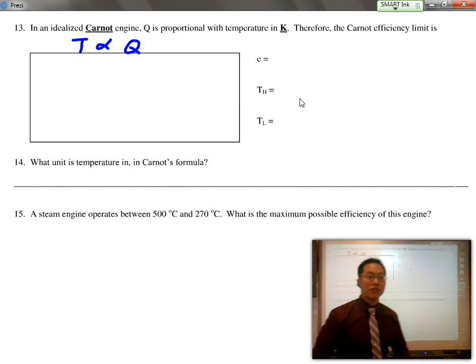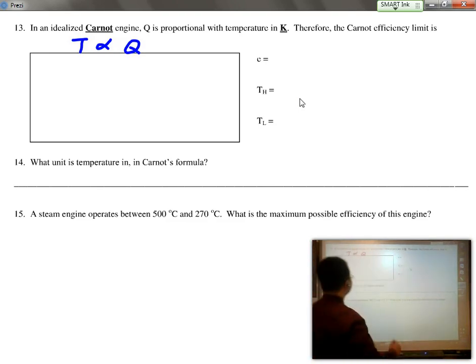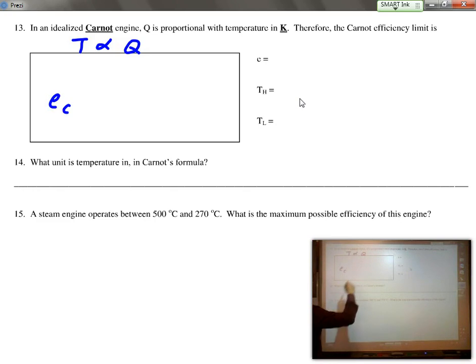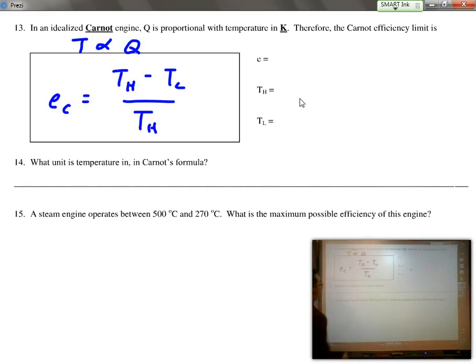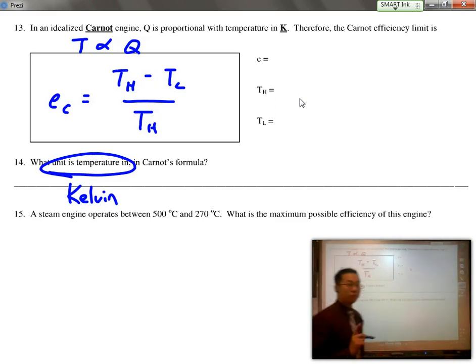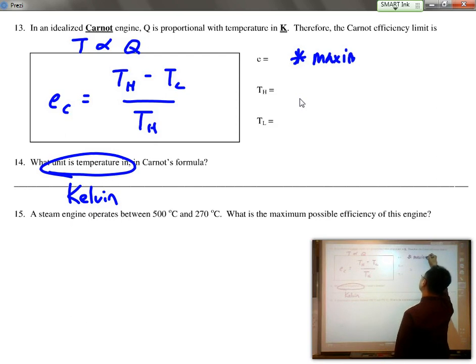So rather than the efficiency based on the amount of heat energy that was transferred in and the work done, Carnot realized that the maximum efficiency, EC, Carnot efficiency, is equal to TH, hot, minus cold, divided by hot. And of course, the unit for temperature is going to be in Kelvin. But it's most important to recognize that this solves for the maximum possible efficiency